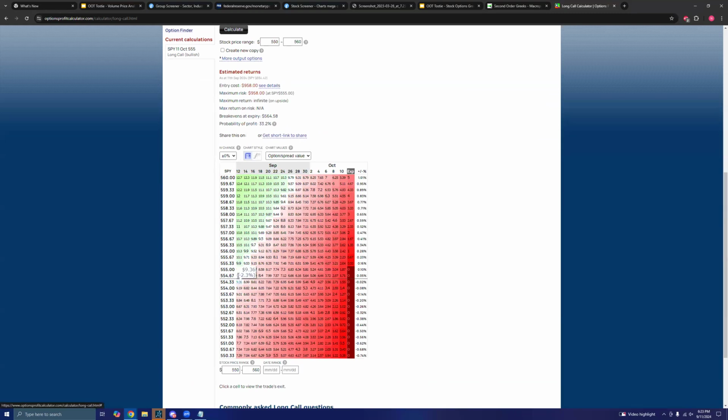Notice overnight, if the stock price stays flat, we're down a quarter of, almost 0.5%, right? So pretty much nothing. If the stock price stays flat for approximately a week, we're down 10%. If the stock price stays flat for 2 weeks, we're down 30%. But if the stock price goes up at open a couple bucks, we're up 10%. If it goes down at open a couple bucks, it goes down 10%.